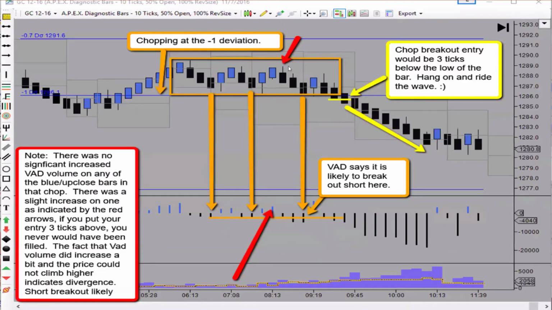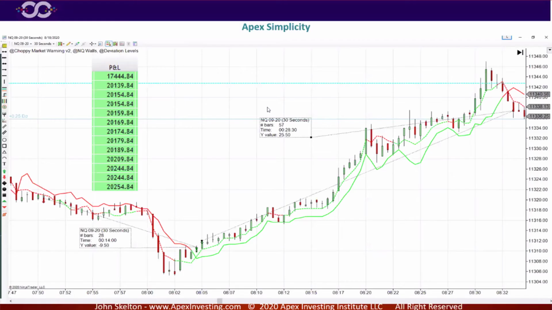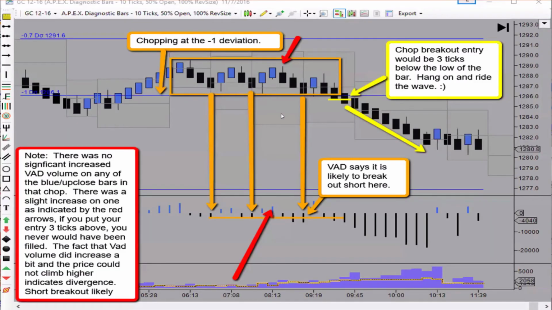You can kind of see it in a few other examples here. The chop box, and you see here it starts to push, but it never broke. And then here it breaks with the building volume. Okay. Those are just a couple of quick examples there of some ways, and there's 2 or 3 other ways